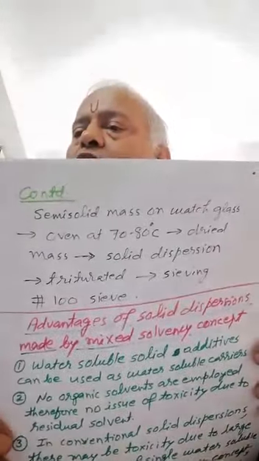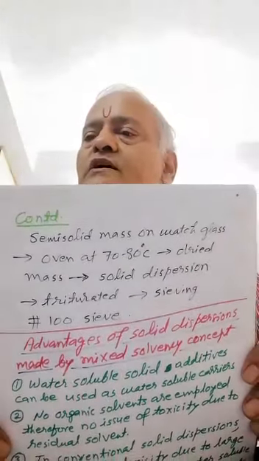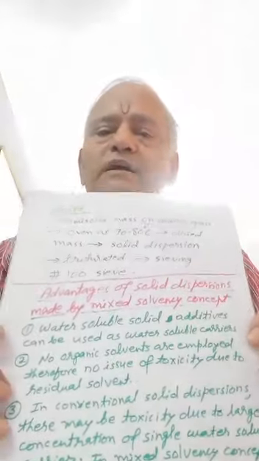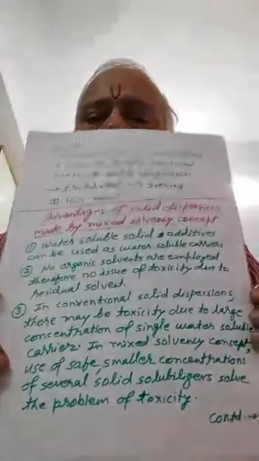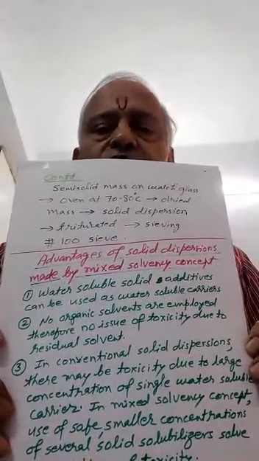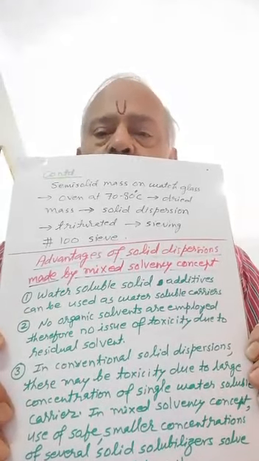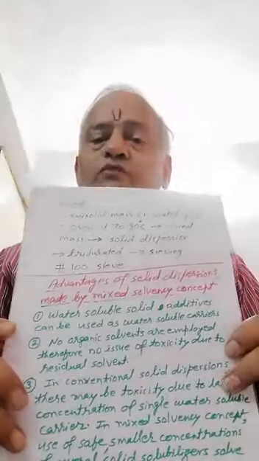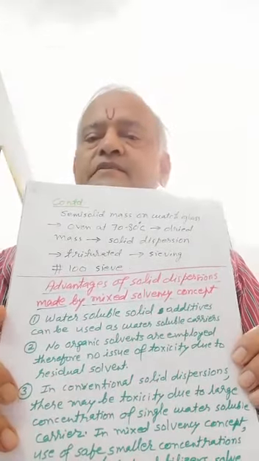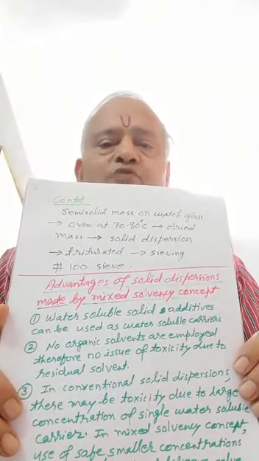Then after getting a solid mass, you will triturate it, and then you will sift it through 100 mesh sieves, so you will get a fine powder of solid dispersion. In this way, this contains water soluble solids in the form of additives which are used in formulations. So there is no harm, no toxicity issue. Of course, afterwards we will perform toxicological studies, chemical stability studies, etc. But in this way, you are able to prepare this solid dispersion.